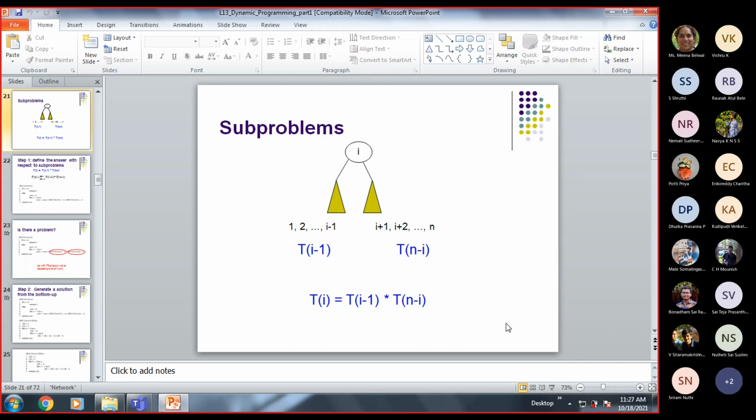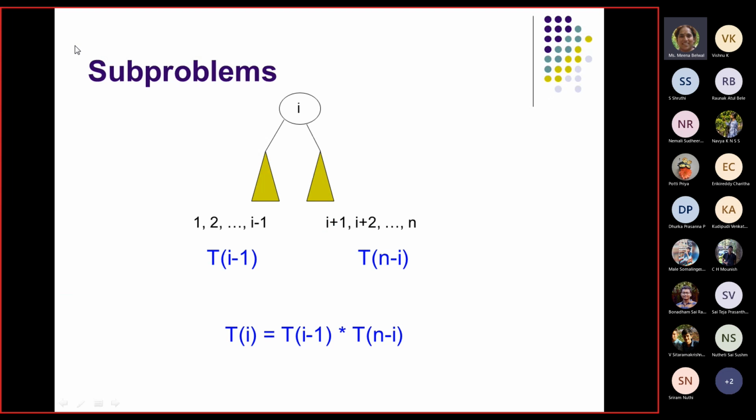Okay, so what we are trying to say here, let me just revise. The problem is we have been given numbers from 1 to n, and we want to find out how many unique binary search trees we can make from 1 to n. So we are making a sub problem. For a unique binary search tree, we will see which node I will place at the root node. I can place 1, 2, 3, 4 till n.